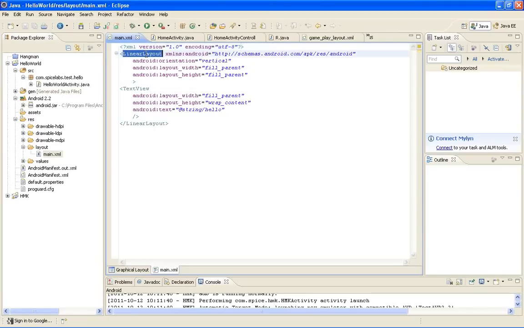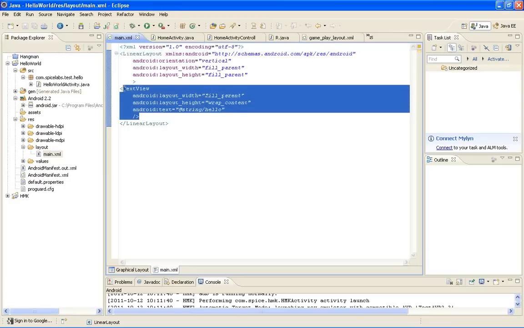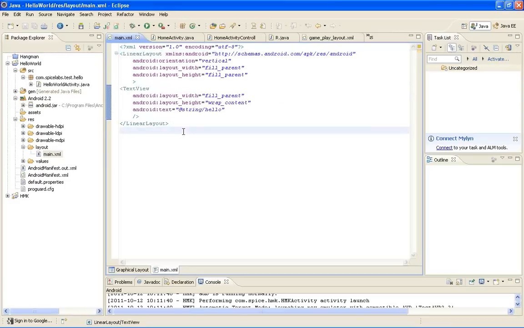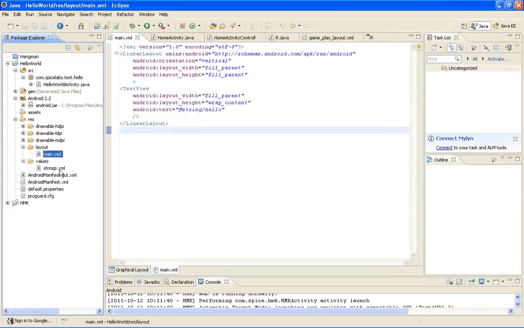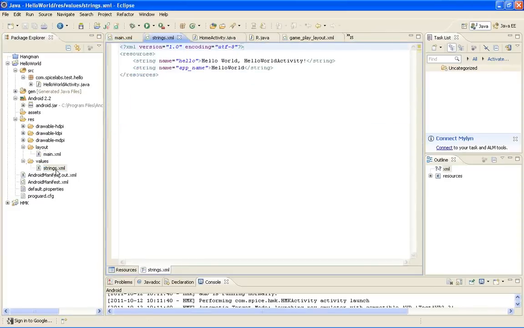We are defining a linear layout, which is by definition one view after another that we can put, and there is one simple text view that we are defining. This text view is also using another set of constants which are defined in values, in this strings.xml.